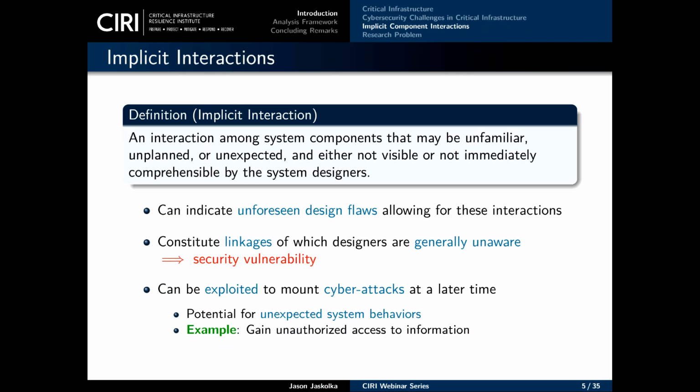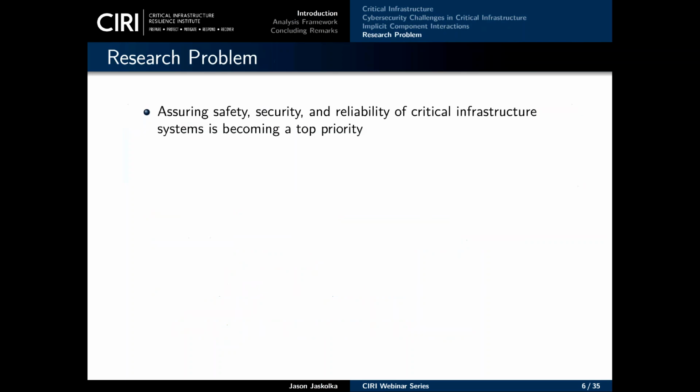So what this work is trying to do is really address this issue. How do we identify and how do we analyze these implicit interactions so that we can avoid these kinds of security vulnerabilities? So the motivation for this work is the fact that assuring safety, security, and reliability of critical infrastructure